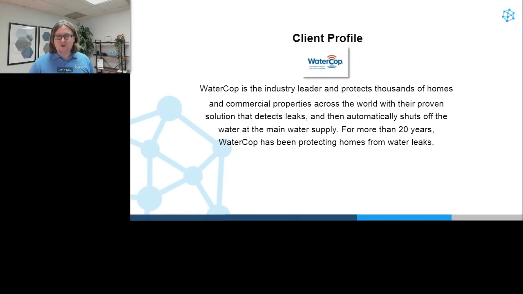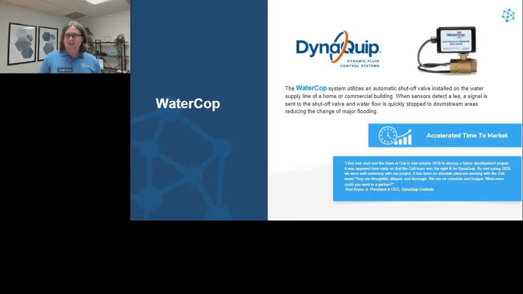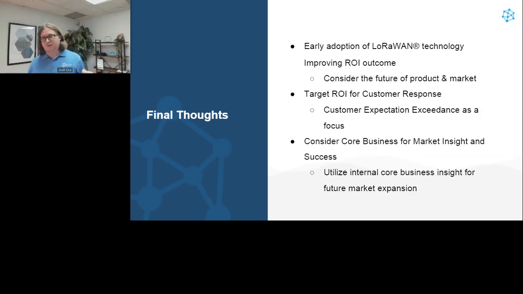Additionally, we have WaterCop, which is owned by Dynaquip. They came in and had customers ready to buy a solution. So we put together a quick proof of concept utilizing LoRaWAN, and we were able to get its product out there, get a proof of concept running, and validate that customers are more than willing to pay for this and that the technology works for them. And now they're adopting it and moving it into their whole entire company, as well as migrating it into their industrial side. So it's just exciting to see how companies, from an ROI standpoint, start with a proof of concept, implement that into their larger organization, and then their larger organization can really start to cross-sell and have that symbiotic relationship.